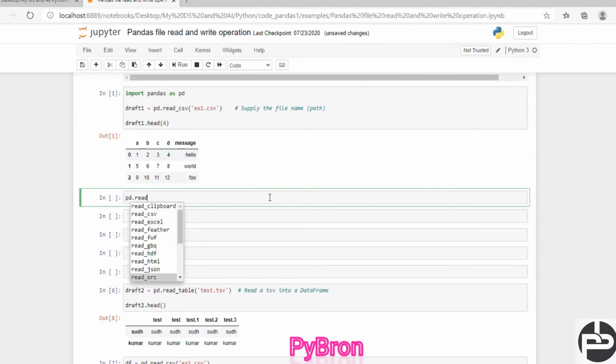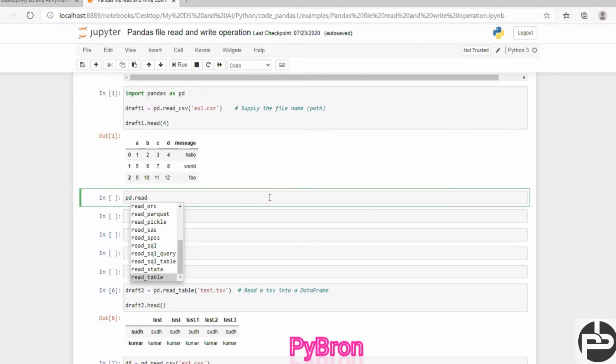And similarly, if you want to read the data from JSON, you can read from JSON. If you want to read the data from pickle, which is one of the binary data formats, you can do that too, where we are going to store our models in the form of pickle only. Suppose you want to read the data from SQL, then there is a method to read the data from a SQL query. If you want to read the data with the query, then you can call this. read_table is in the sense of a TSV file.